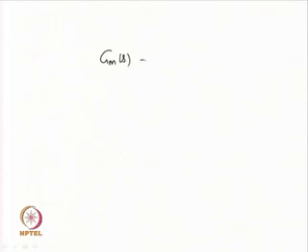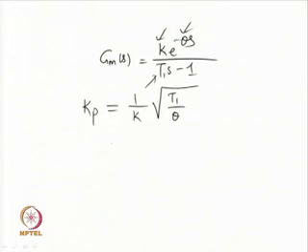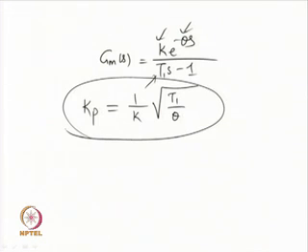Given an unstable plant, obtain its dynamics using the transfer function model Gm(s) is equal to k e to the power minus theta s upon T 1 s minus 1. These are the three parameters associated with the transfer function model, and then design a proportional controller Kp given as 1 upon k root of T 1 by theta, and this Kp will definitely give you stable performance for